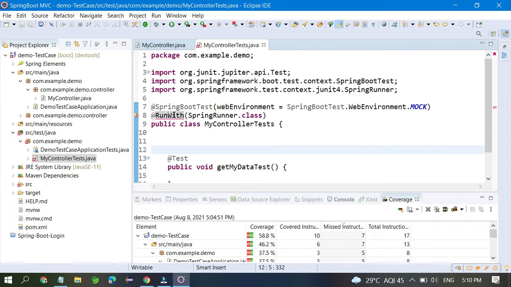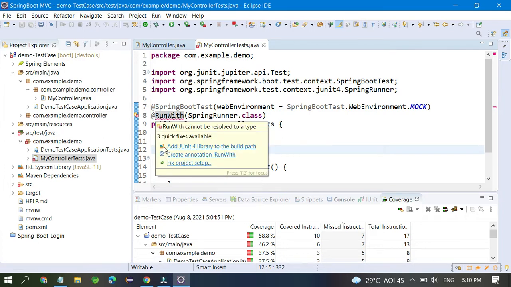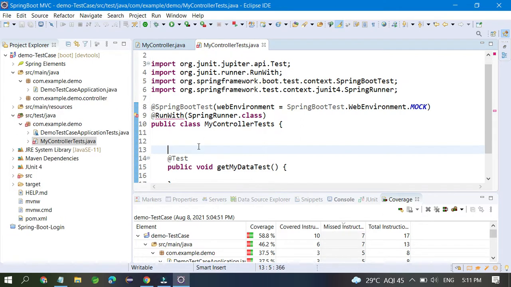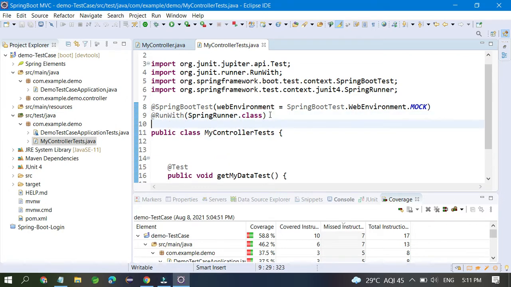Add JUnit4 library to build path. Okay, no problem, I will add it. Once I add it, everything is done. Okay, fine.